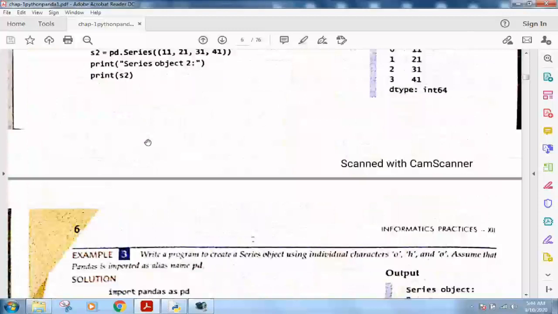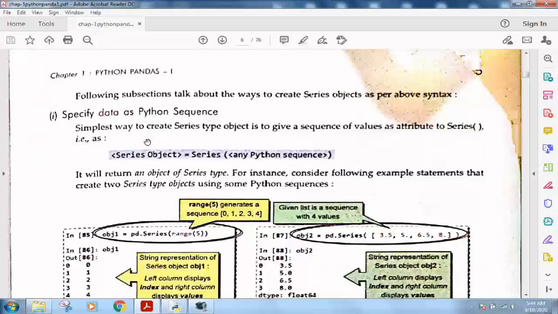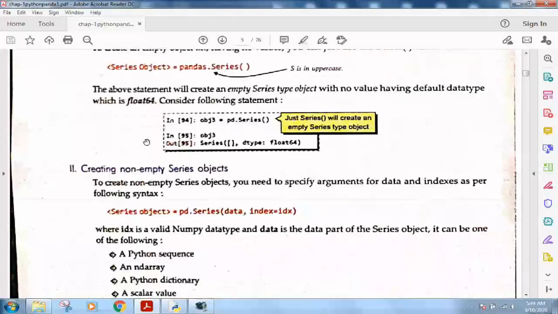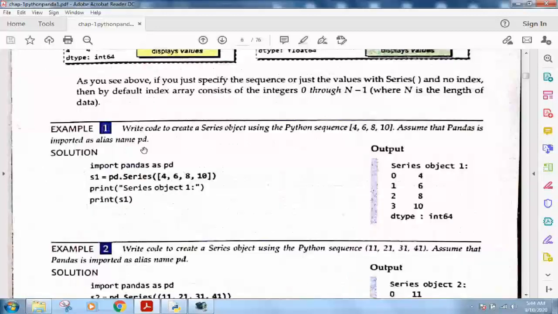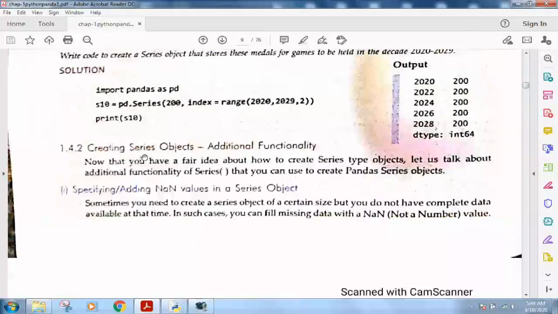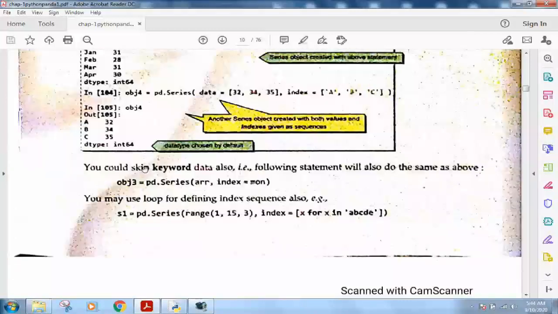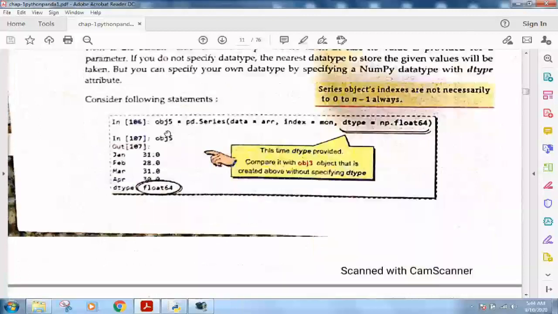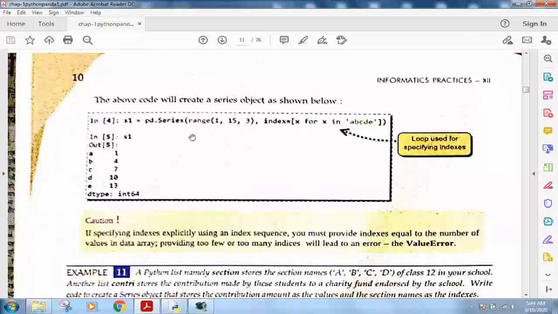There is the object 5, 6 and 7. I don't think that they are created here. Object 2 is there, but they are not created here. I think they have assumed their own. So I will show you on my own data series how they are applied. These are not given here, but I will show you how they can be applied.